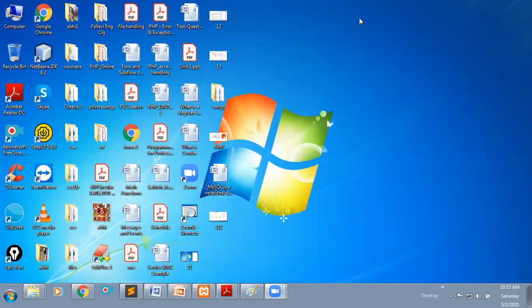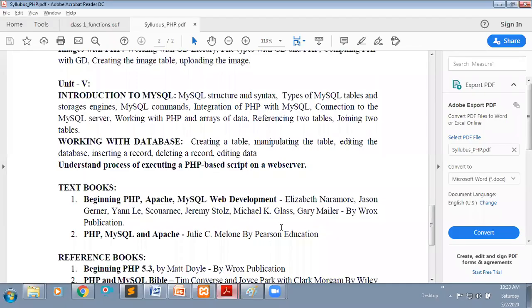In today's class, we will see our unit 50, which is totally related to the MySQL database. In the last class, we saw regular expressions, which are pattern matching algorithms, used to validate email IDs and phone numbers.